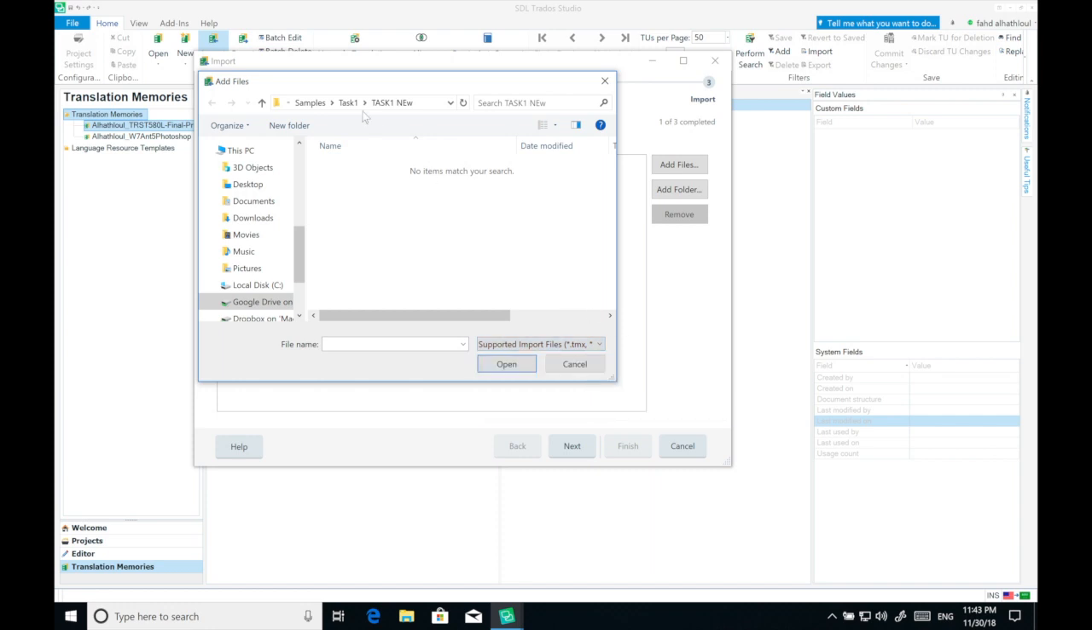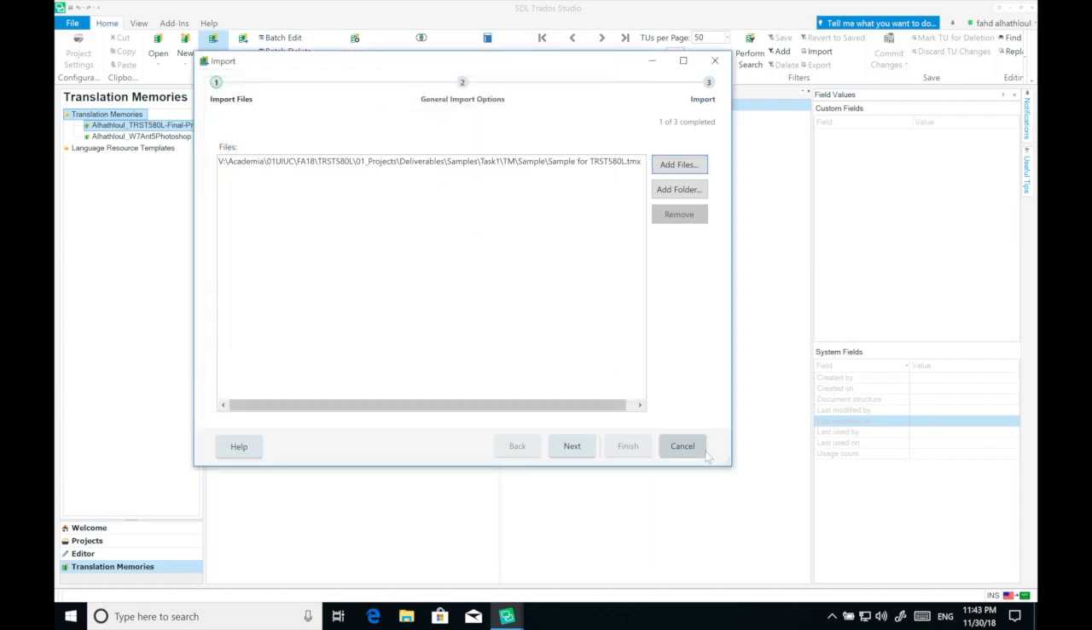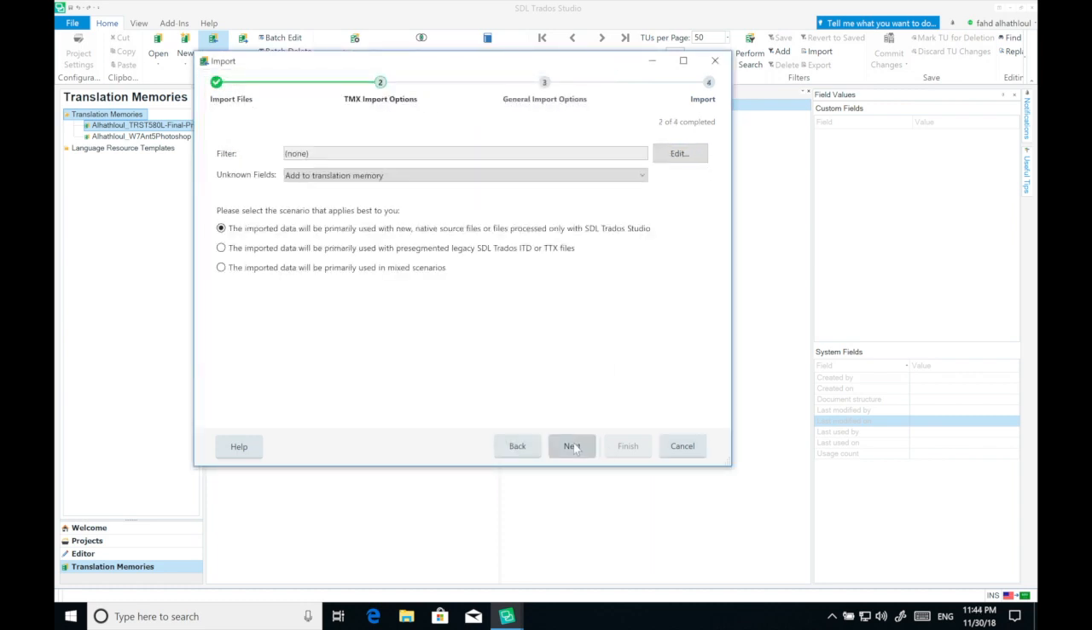So what we'll do is just go for the TMX that we exported before. This is it. Okay, so now this will ensure that we will have all the